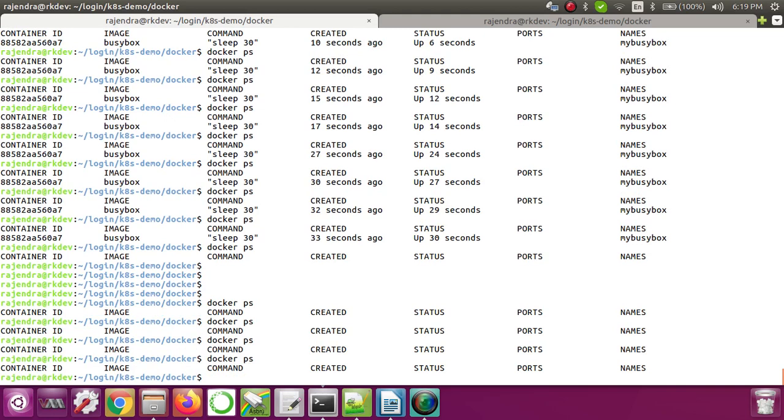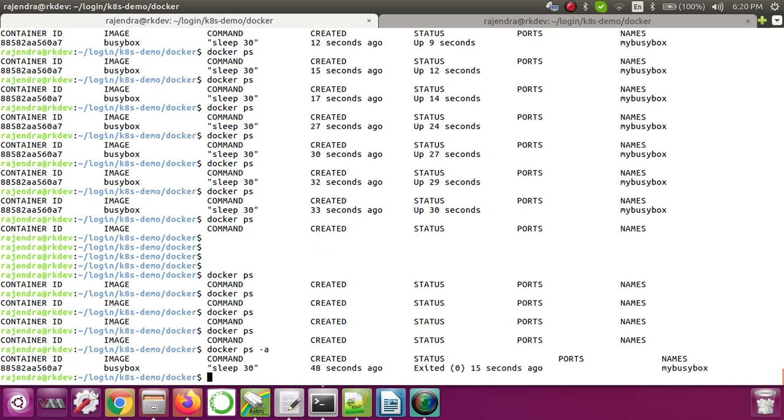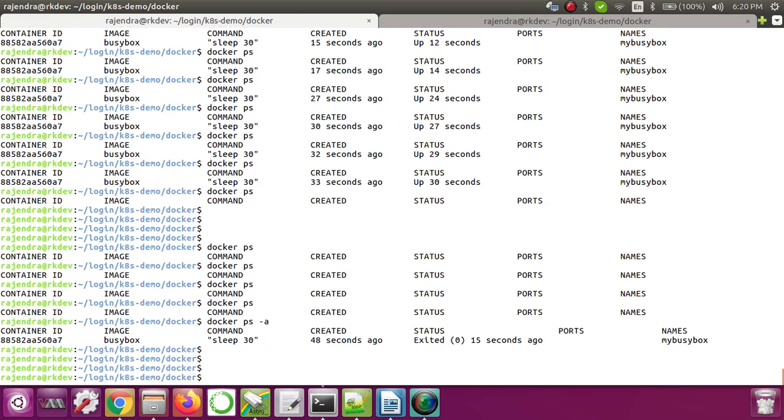Why is this happening? Because once we reach the 30 seconds, this command exited, and now there is nothing running inside the container. If I do docker ps -a, you can see that your container is in exited state. So there should be something running inside the container, then only your container will be in a running state.